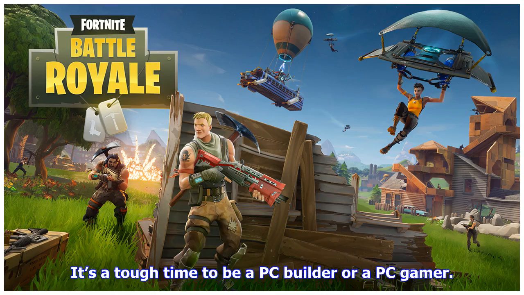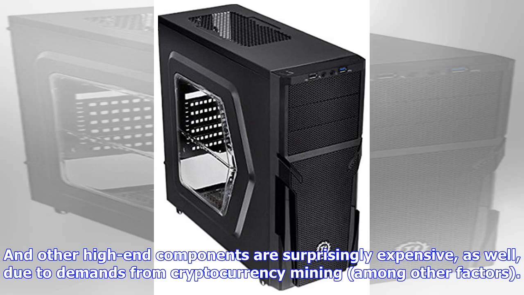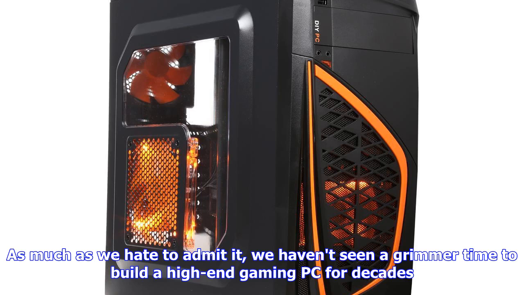It's a tough time to be a PC builder or a PC gamer. In case you haven't noticed, mid-range to high-end graphics cards are selling for hundreds more than their MSRPs, if you can find them in stock at all. And other high-end components are surprisingly expensive as well, due to demands from cryptocurrency mining, among other factors. As much as we hate to admit it, we haven't seen a grimmer time to build a high-end gaming PC